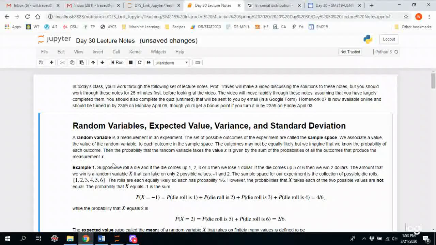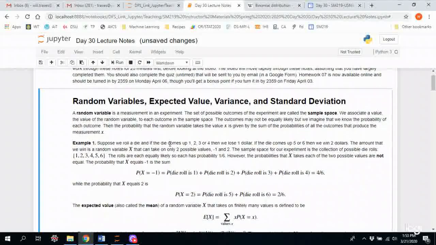Welcome back to day 30 of SM219. Today, I'll be working through this worksheet on random variables, expected value, variance, and standard deviation. I'll assume that you've already gone through this worksheet, and so I'll just briefly summarize things and then answer some of the questions. A random variable is a measurement in an experiment, and in this first example, we show you